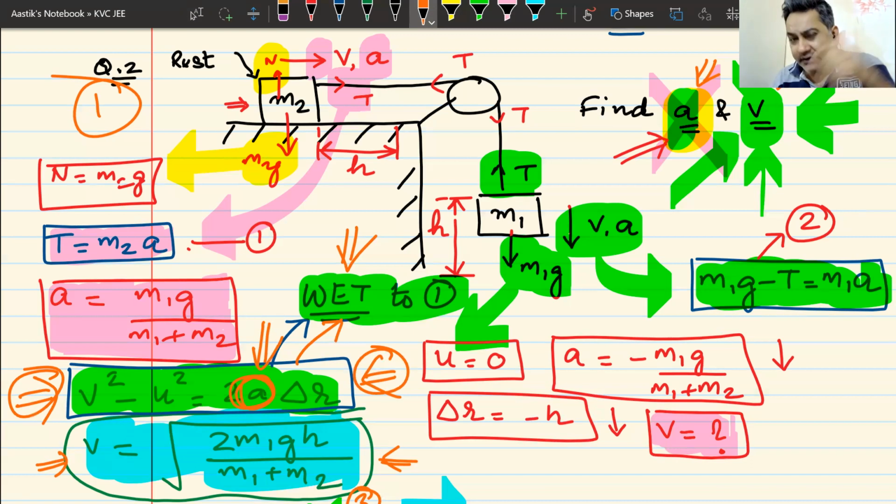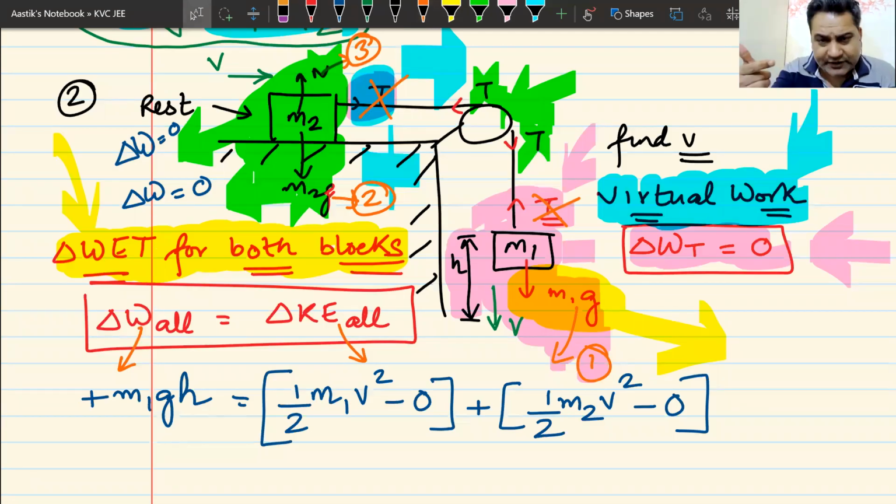And that is why this question becomes difficult, because we have to find out tension in any case. I cannot apply the work energy theorem on one block and not take the work done by tension, because tension does work on that block. But here I've done it smartly. I've realized that work done by tension would be 0. Whatever work it does on block number 1, if it does positive work on block number 1, it will do negative work on block number 2. As soon as that tension goes away, the question becomes simple.